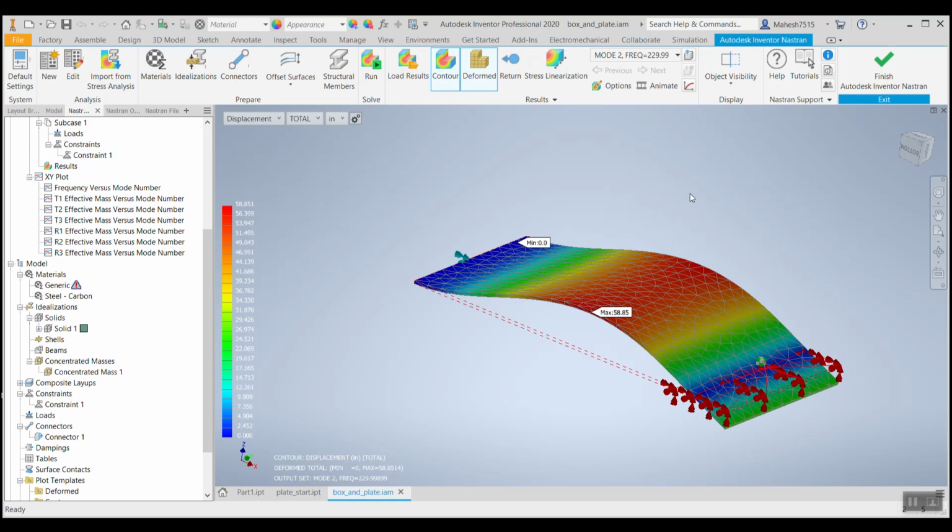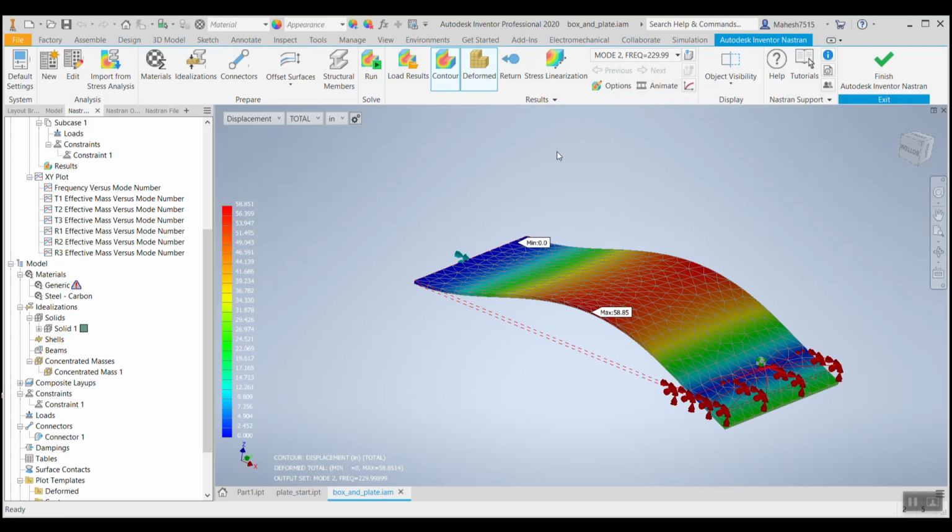So now you can see the difference here. What Inventor Nastran has done is we have set a range from 45 to 630, and we have told Inventor to do 10 different modal analyses or mode iterations, but it has shown us only the allowable limits, that is minimum and maximum. So that's the condition which we actually need. Now you can see for the results it's showing mode number 2.